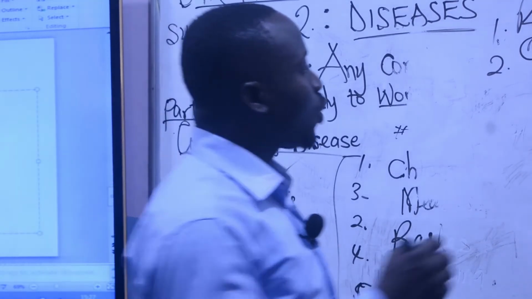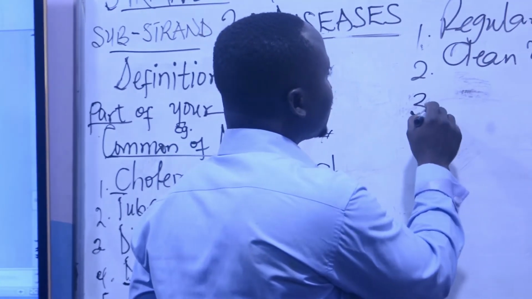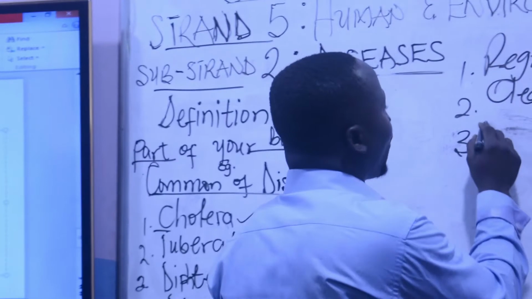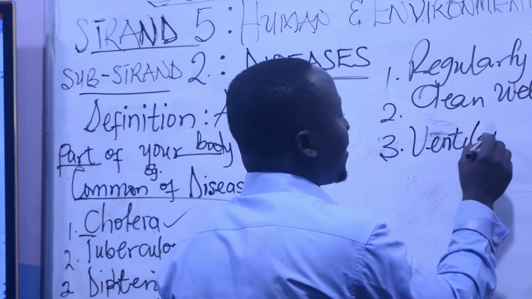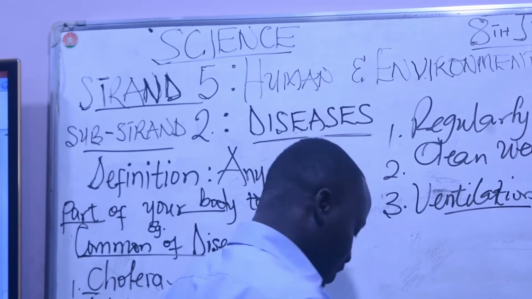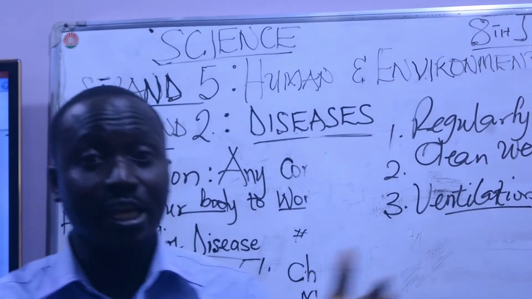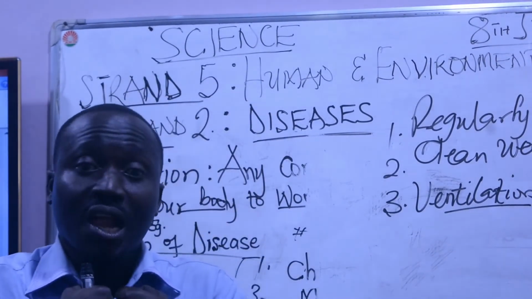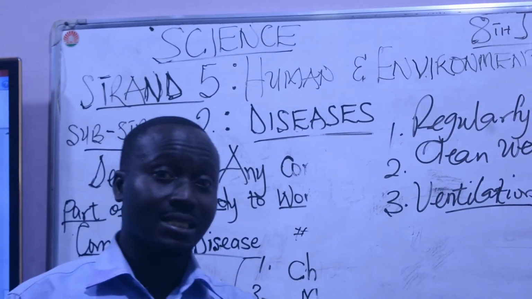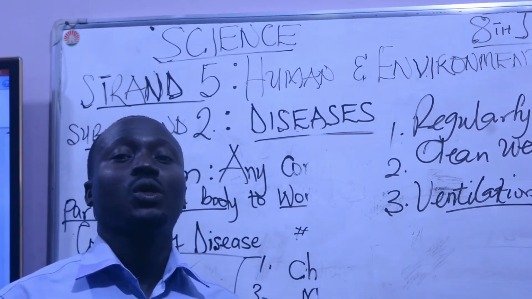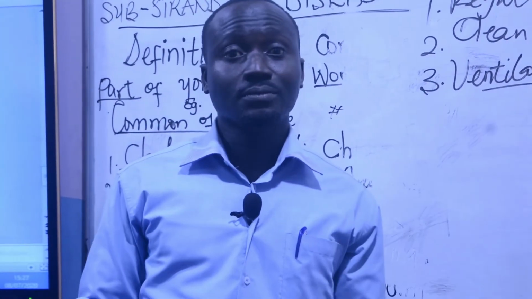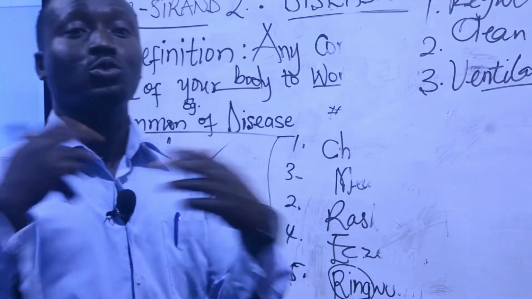that must be properly taken care of to avoid any of these skin diseases. Aside cleaning well, you also need to make sure that you live in a well-ventilated place. Ventilation is very important. Whenever you don't have enough air in your room, it is likely you are going to feel hot and develop any of these rashes. So the best way to avoid skin disease is to make sure that you live in a well-ventilated place. Make sure your windows are open every morning, and you allow fresh air to come in